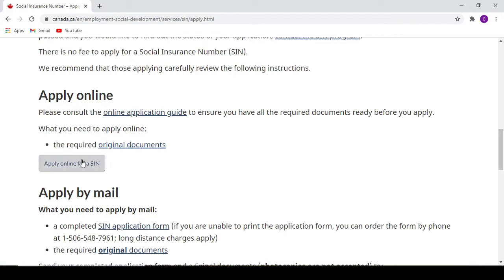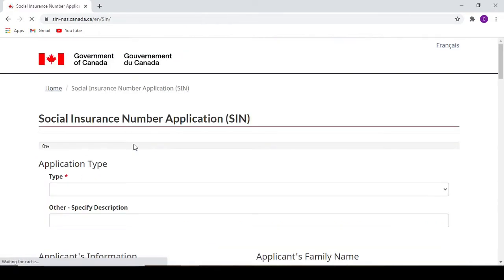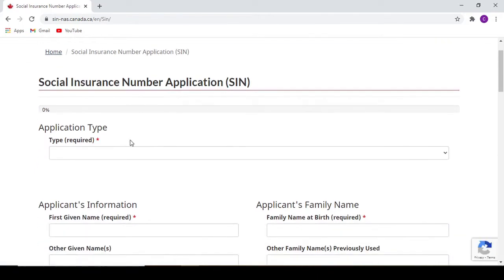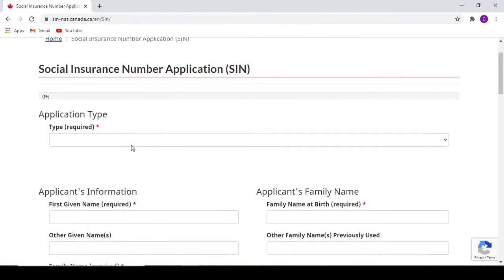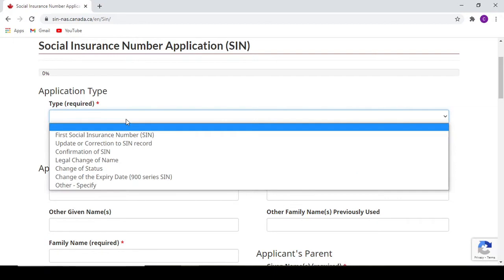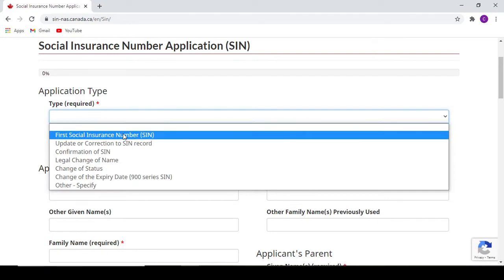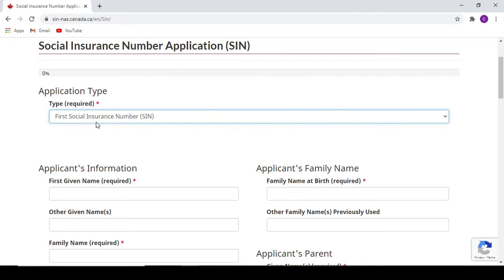Scroll down, apply online, and click on apply online for a SIN. It takes you to the application page. Here you can choose the application type based on your status. If you're a first time applicant like a new international student or a new foreign worker to Canada, you can choose the first social insurance number,